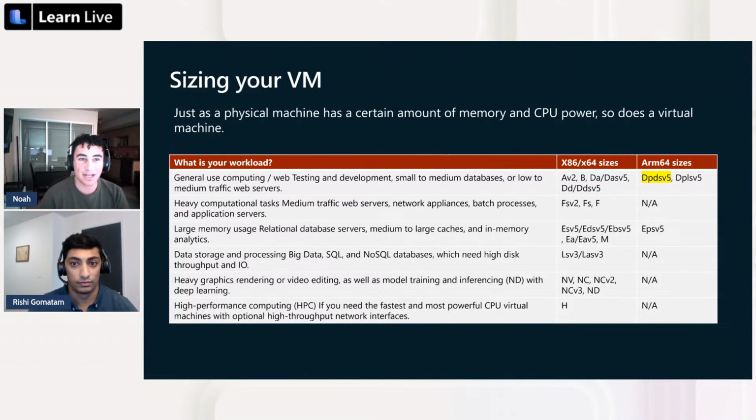We're going to be talking about that a little bit later. The S is going to refer to premium storage. And then the V5 is just referring to the generation of the VM. So now that we've kind of given an overview on the different VMs that you have to choose from, Rishi,